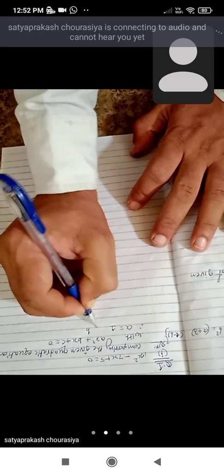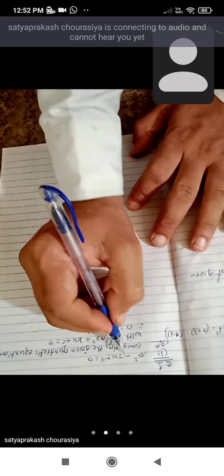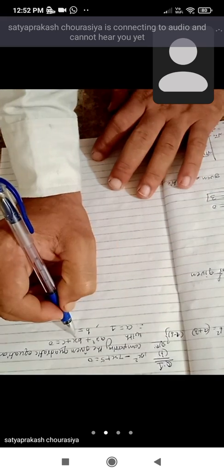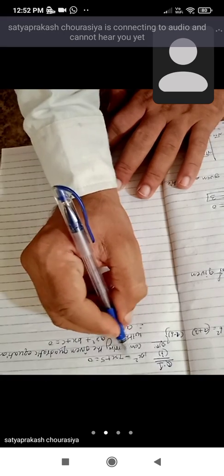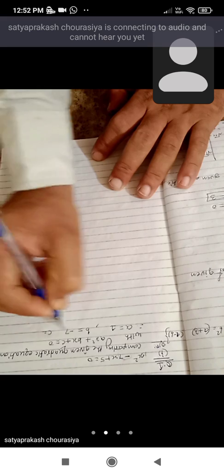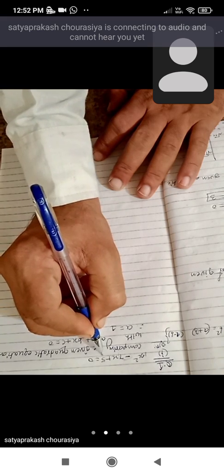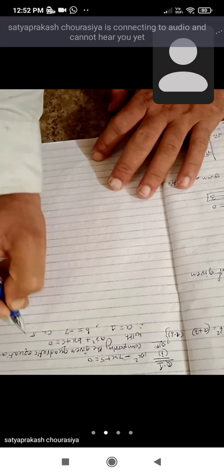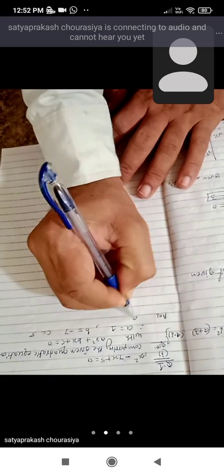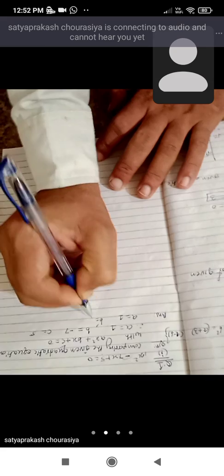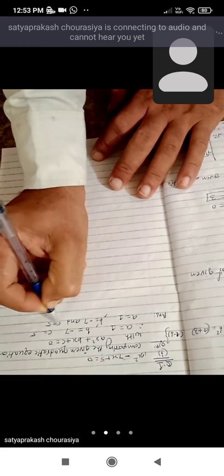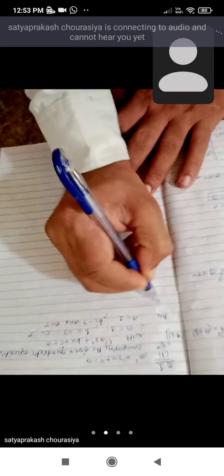And the b value is the coefficient of x. So here a negative sign is there, and in the standard form there is no negative sign. It means the coefficient is negative. So this will be minus 7. And at C there is 5, positive 5. So A, B, C we found. Now write down the answer. A is equals to 1, B is equals to minus 7 and C is equals to 5. This is your answer. Now second question.